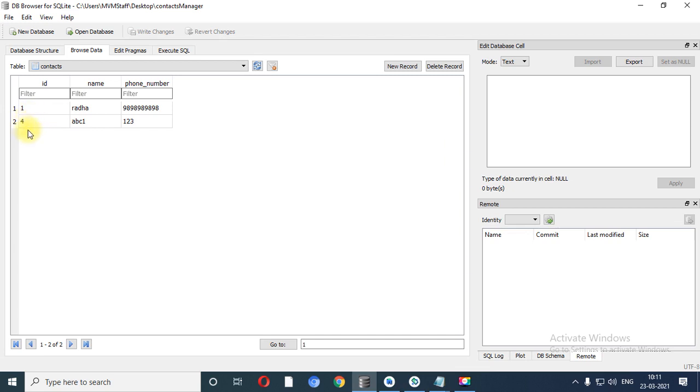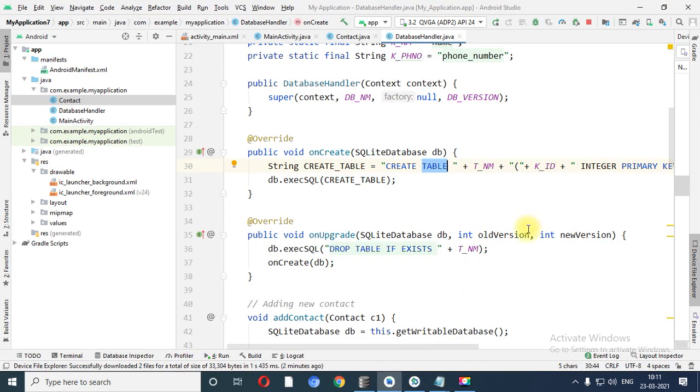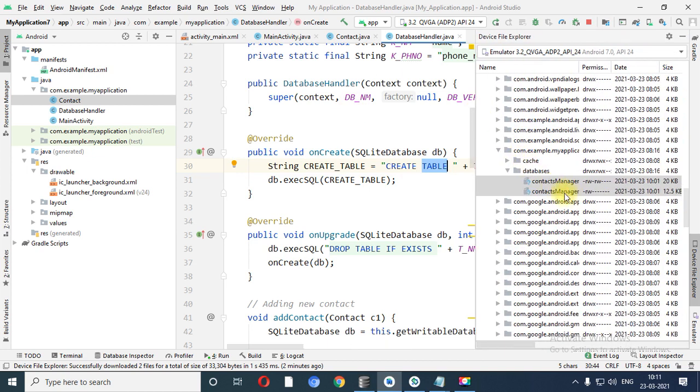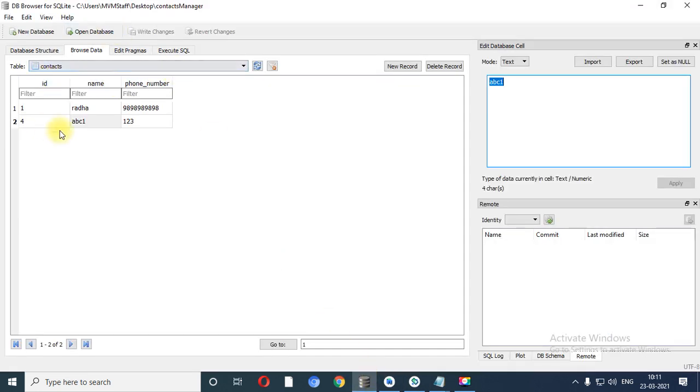One more thing I want to include over here: if you make any changes in this particular table, it will not be reflected in the database, because our database is located elsewhere, right? We have just copied and pasted, and this is just for displaying your record.